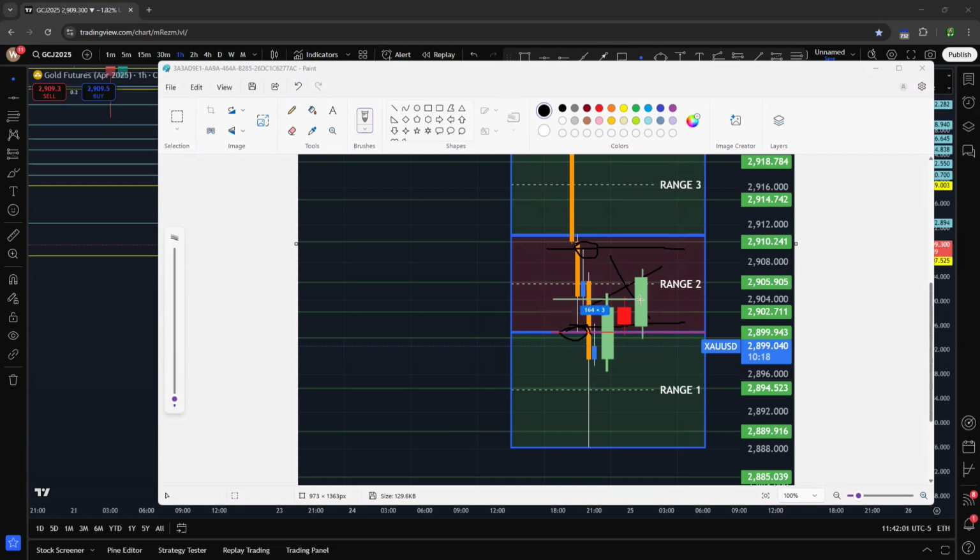And then as you get this closure, this is now range two, and this is range three. You could trade all of range three straight up, right? Even though you'll have levels in your way on the higher time frame. If this happens, you've held support. If you were going to come down, this candle would have came down. It would have closed below, and then you would have respected it, came down. But it didn't. It respected the low here,